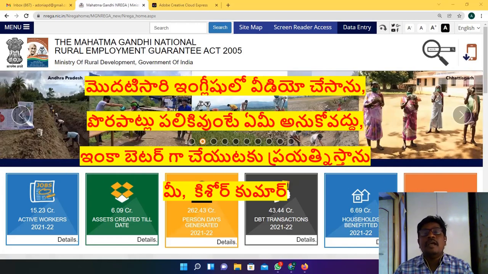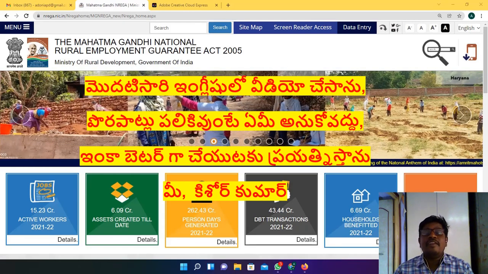Today I will show how to check the NREGA employment generation report block wise, district wise, GP wise for financial